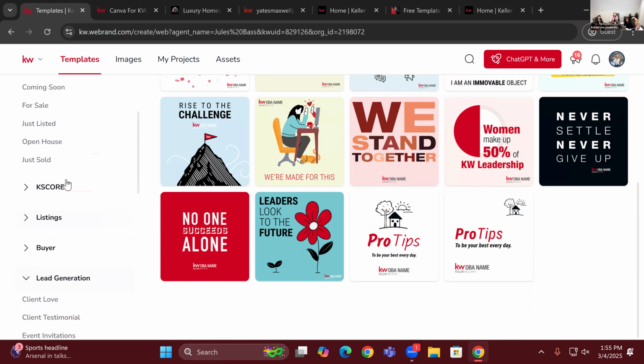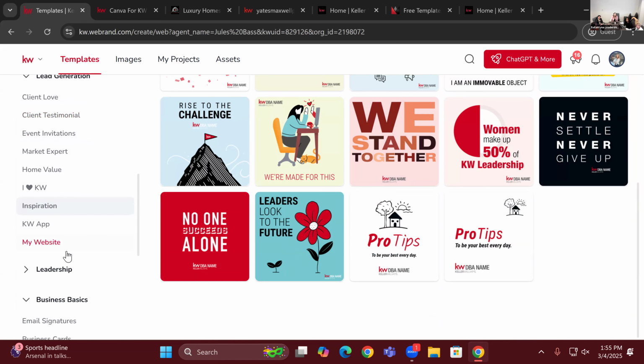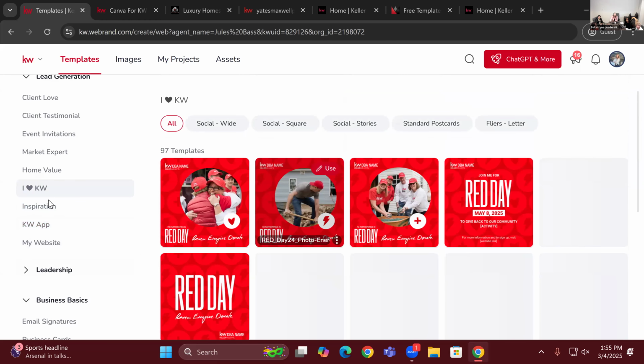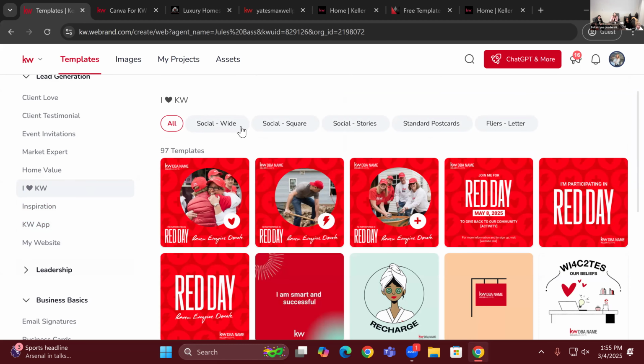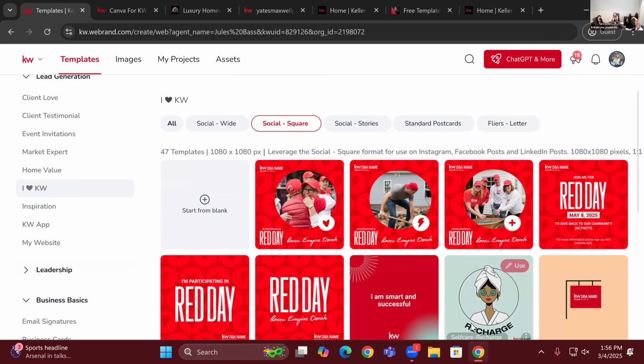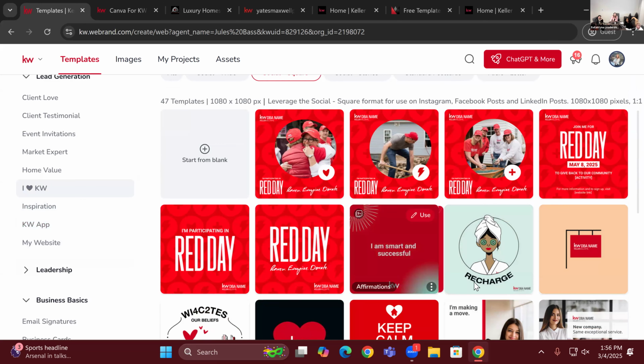Basically, we would find our category on the left-hand side and then click on anything you'd like to use. As soon as we click on an option on the left-hand side, we also get extra options up here so that we can find what we're looking for. For social media, we could click on social square, and it's going to show us our social media options.